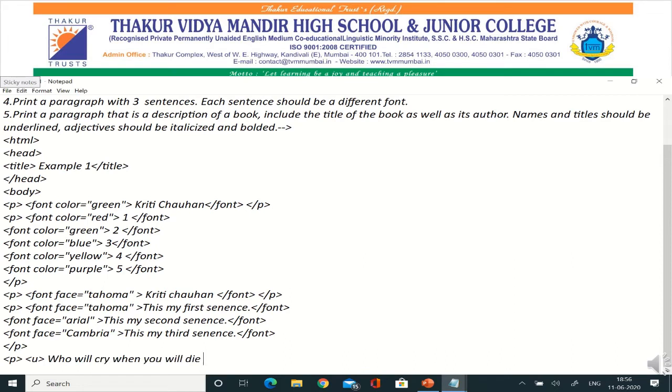So the first thing I am going to write is the U tag. Then I write the title of the novel, then the author's name, Sharma, and then I close my U tag, and then my P tag.